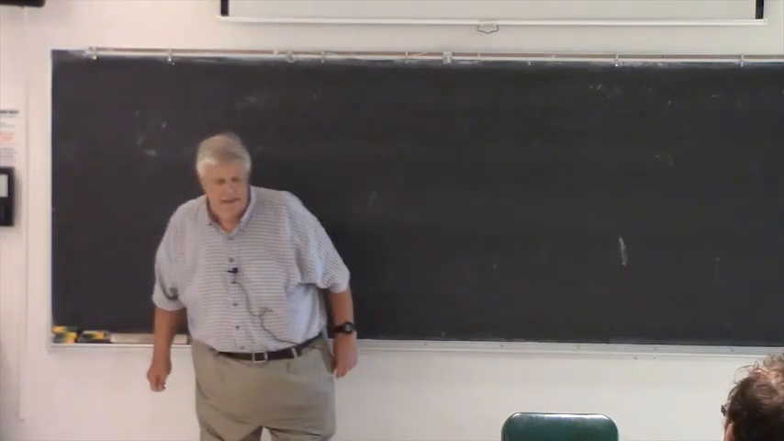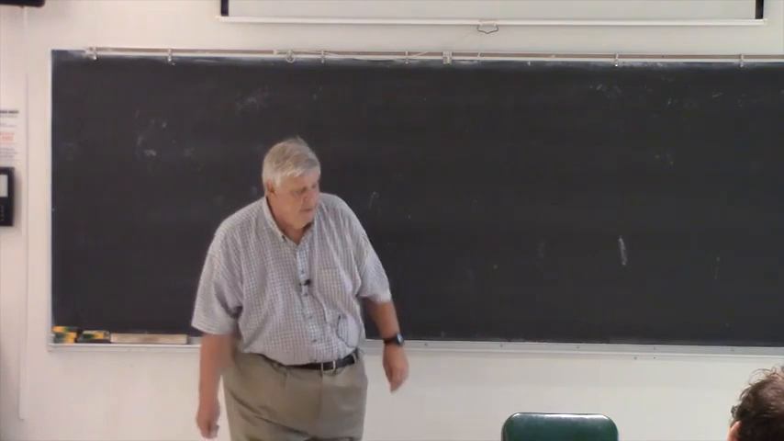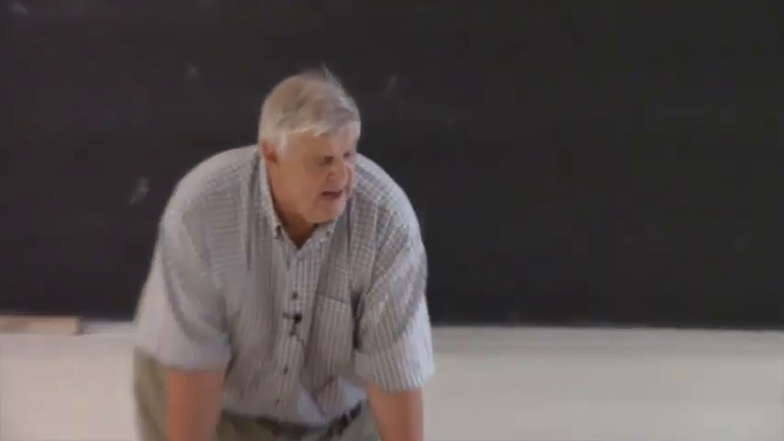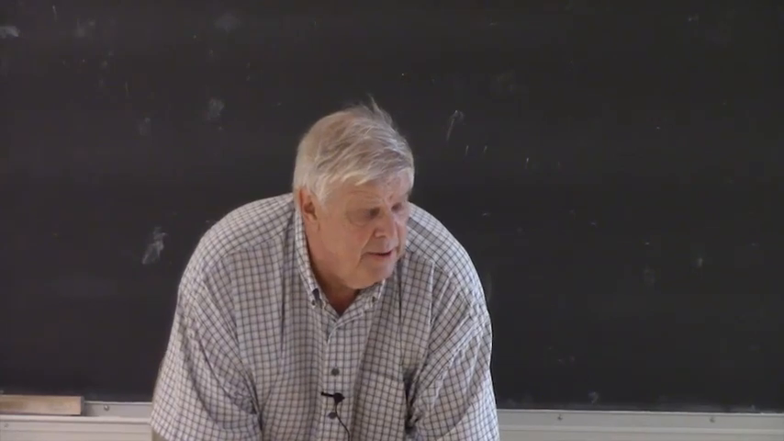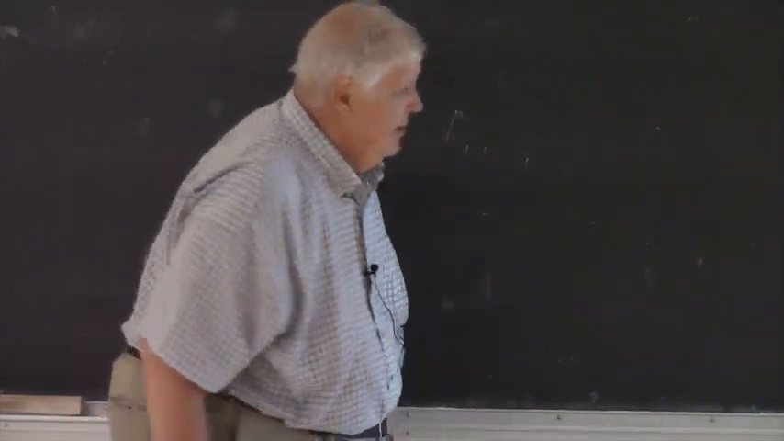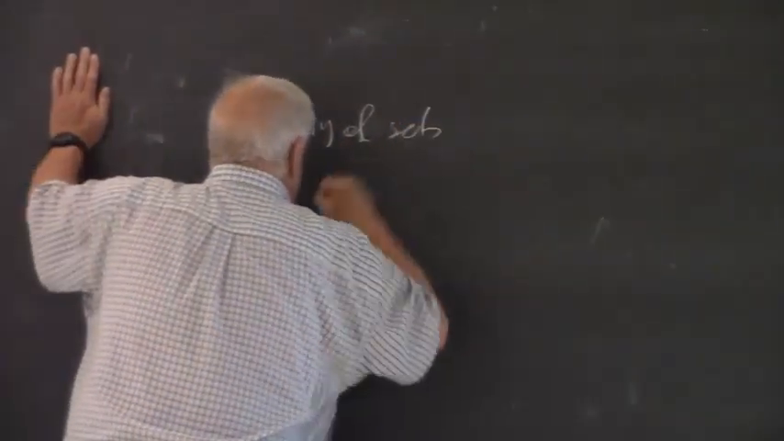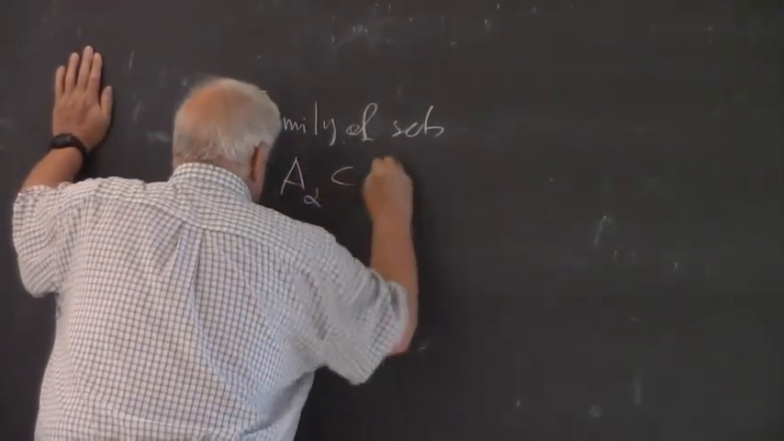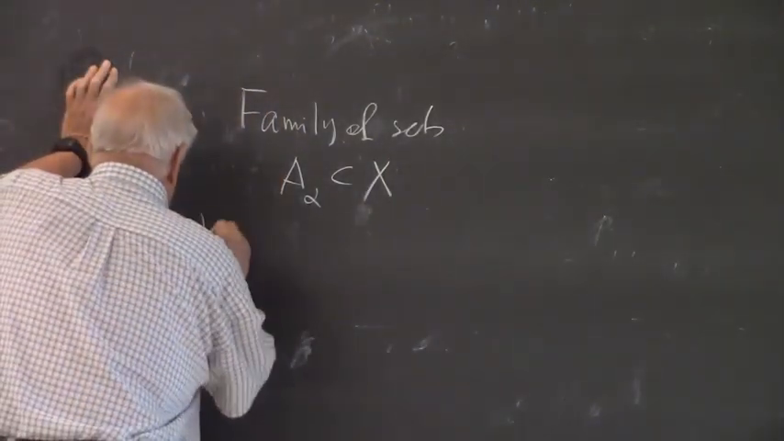I actually said this maybe last time, maybe before, that when we speak of locally finite coverings, the term locally finite can be applied to many other things, in particular to any family of sets. You understand? If you have a family of sets, say A alpha, in any topological space X, then it is locally finite